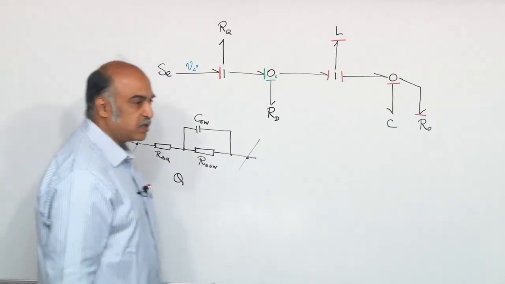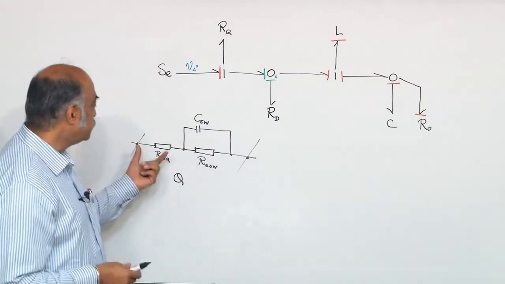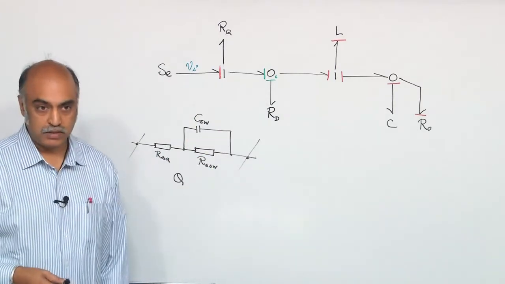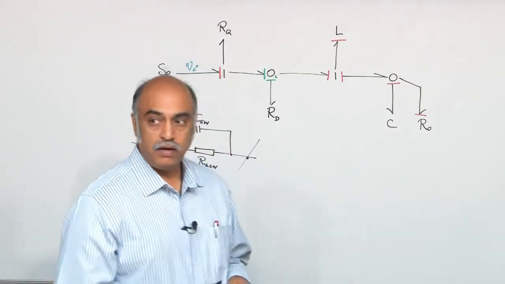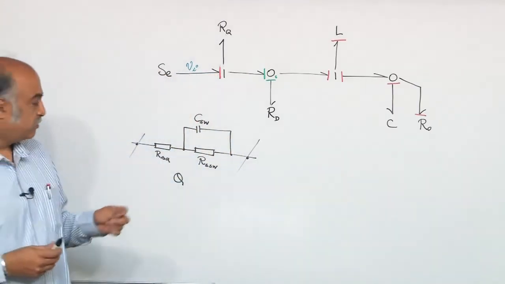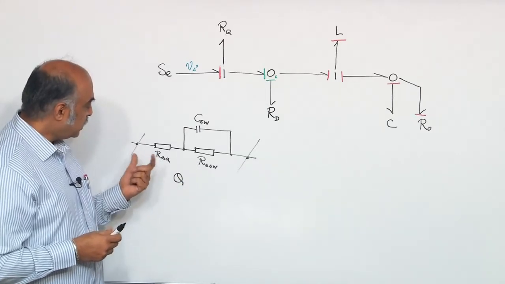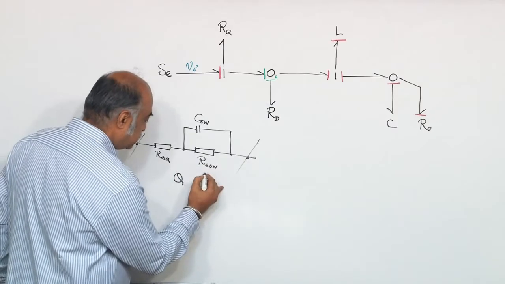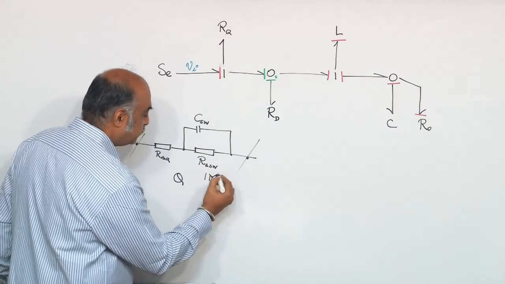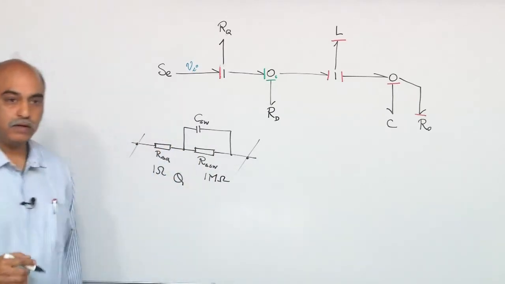because any switch you do not just replace by a single resistor, or by two resistors, because you see that there is going to be a causality issue. You cannot just have an attenuator kind of a model there. Now, see here, let us say that the switch is on. This is a high value. Assume that this is of the order of mega. This is of the order of very small.